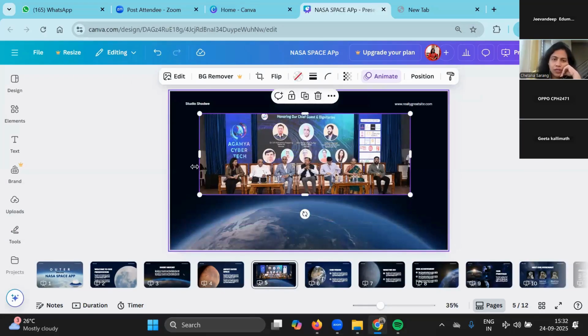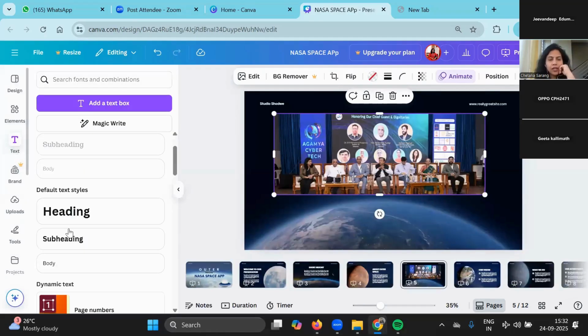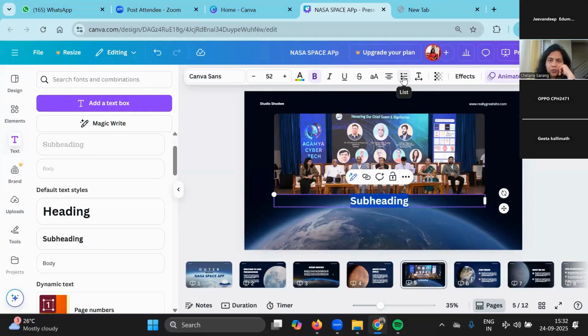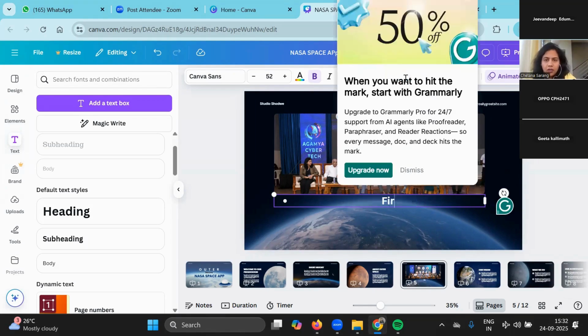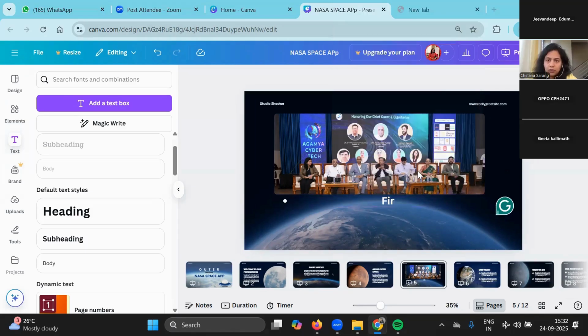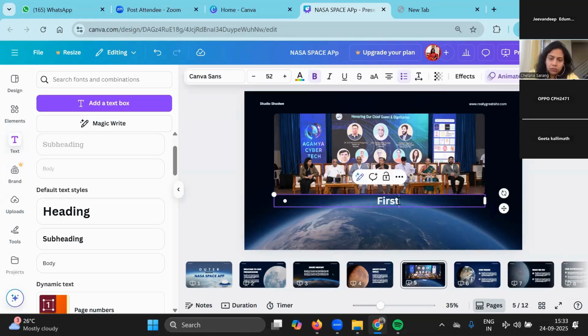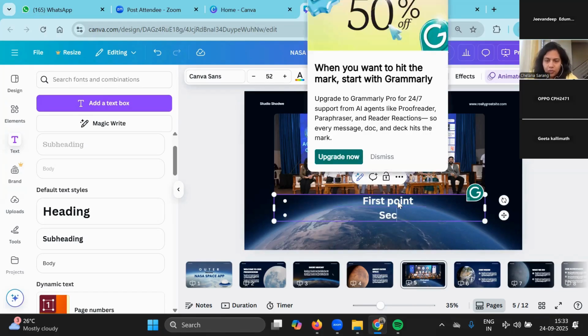Suppose there's one more feature. I want to say add bullet points appearing one after the other. I'll click on text. I'll click any text box here, subheading. Here I'll choose bullet points. If you see, I'll give the points here. So I'll type here first point, enter, second point,